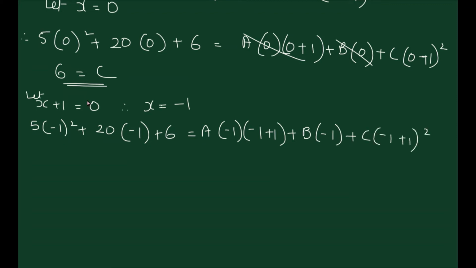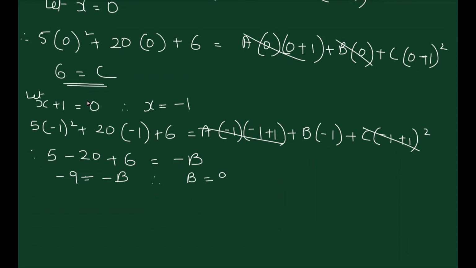Wherever minus 1 plus 1 is there, the term becomes 0. So a and c terms go away and therefore we get 5 minus 20 plus 6 is equal to minus b, or minus 20 plus 11 gives us minus 9, which is minus b,